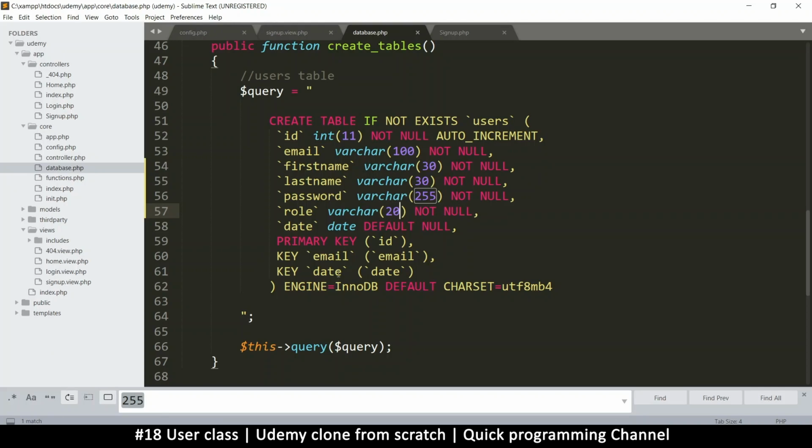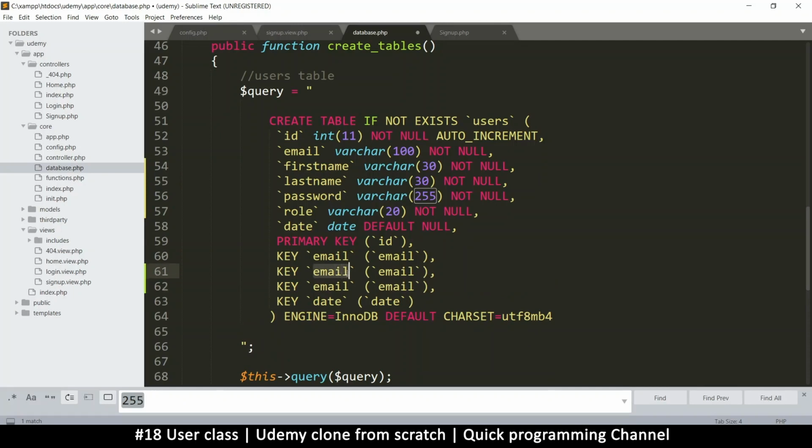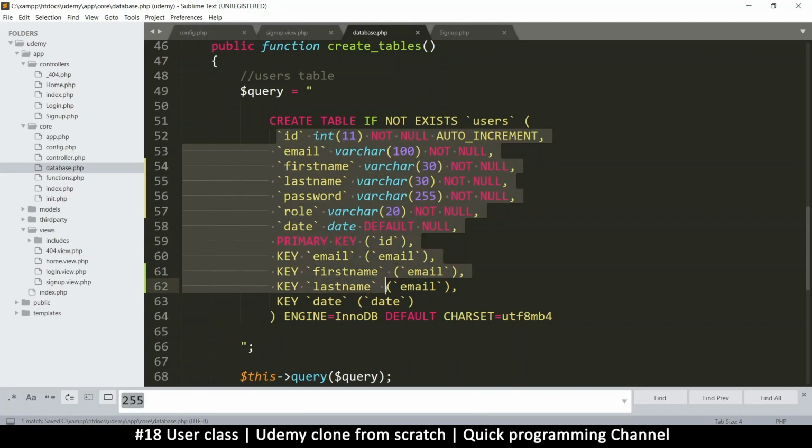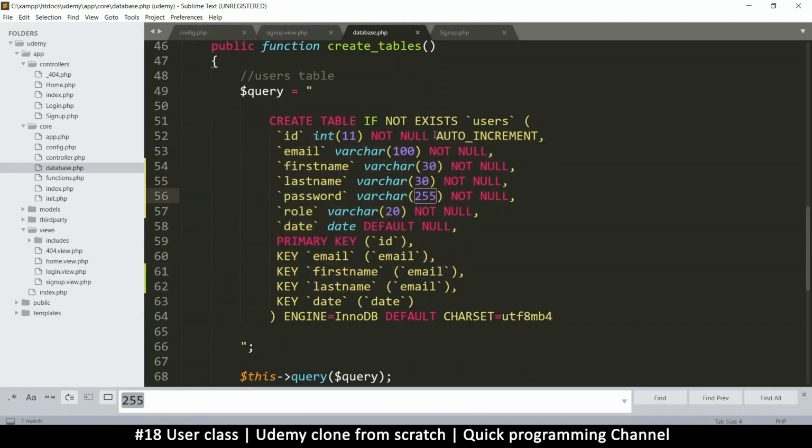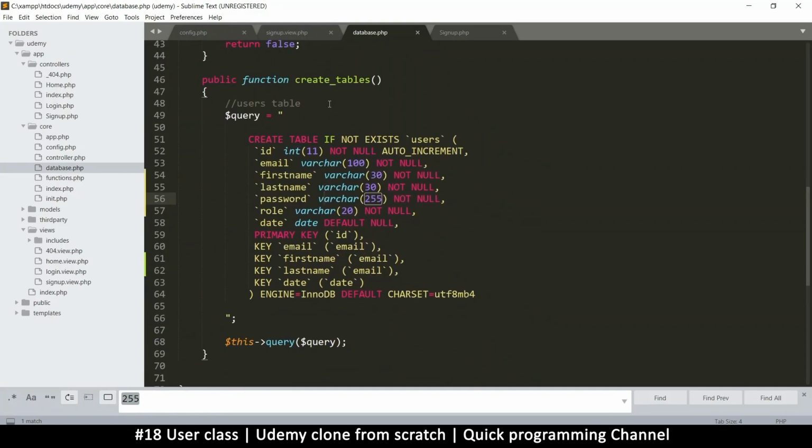And also you can add a key here if you want to any of these. For example, we may want to search by username or first name and last name. So I can duplicate these two and just add first name here and then last name key there as well. So we add a key if we're going to be using that thing to read inside a query, that column, so to speak. Okay, so now that we're done with this, we can run this create tables and then get